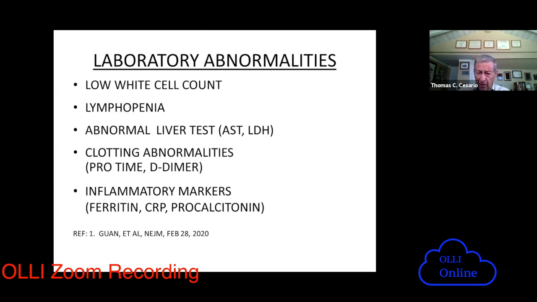And there are also chemicals produced in the body that correlate with inflammation. One of those is an iron-binding protein called ferritin. C-reactive protein is another one, and the third one is called procalcitonin. And you don't have to know what these are, but you have to know these are inflammatory markers that typically, as people get sick, not in all cases, but in many cases, tend to get higher and higher as signs that the inflammation is getting worse. Next slide.